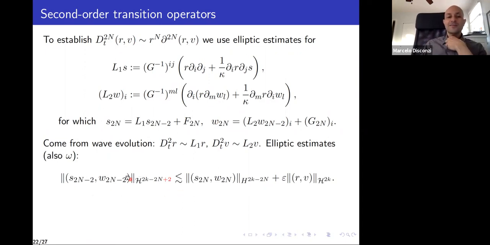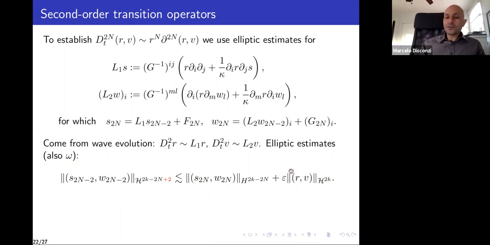The elliptic estimates are like regular elliptic estimates: the variables where you apply the operators, at level 2n minus 2, are bounded by the variables at level 2n, always with a gain of 2 derivatives. So if you iterate this inequality all the way to the top level, you can get a bound for your full variables, because now this involves the spatial derivatives, the norms, up to an error term.